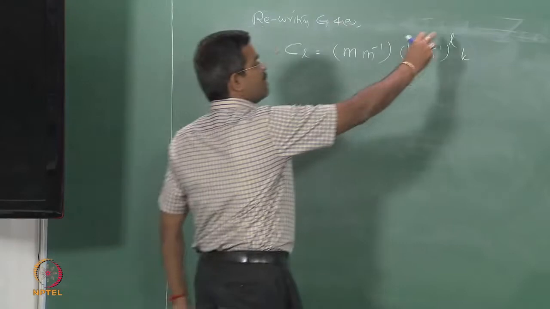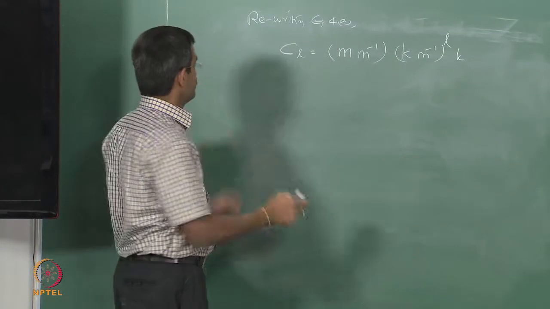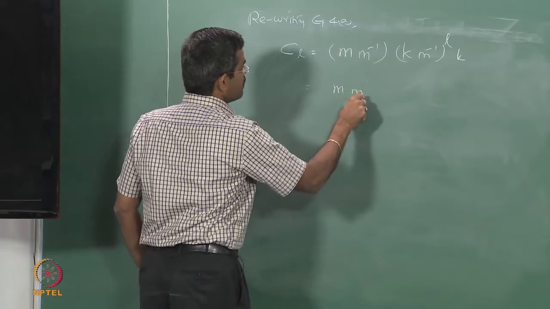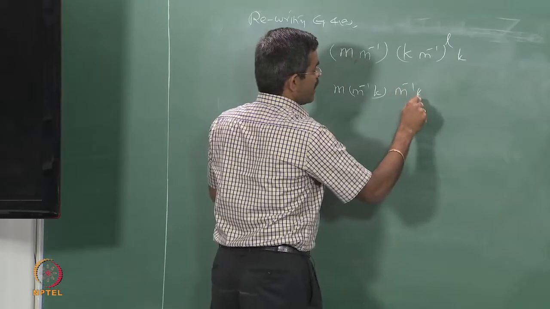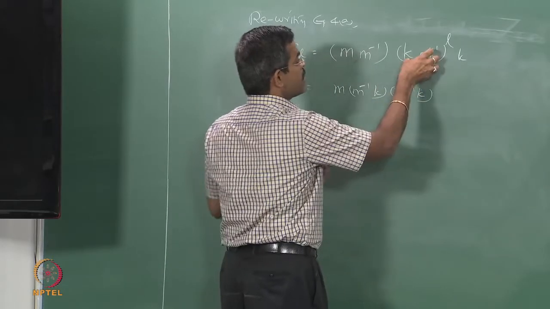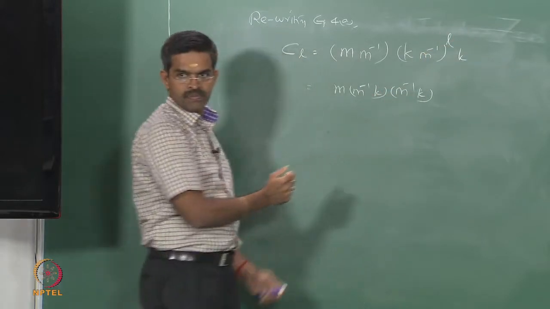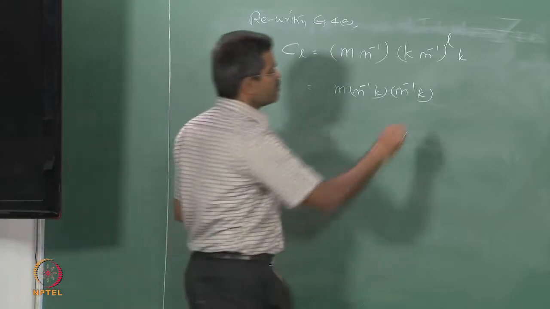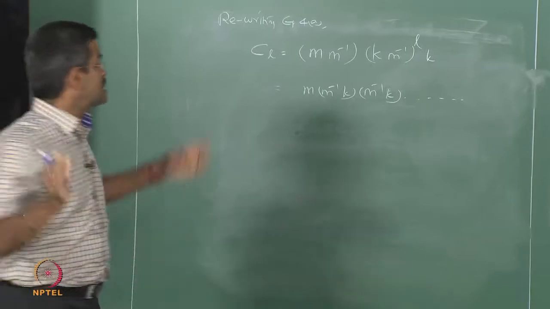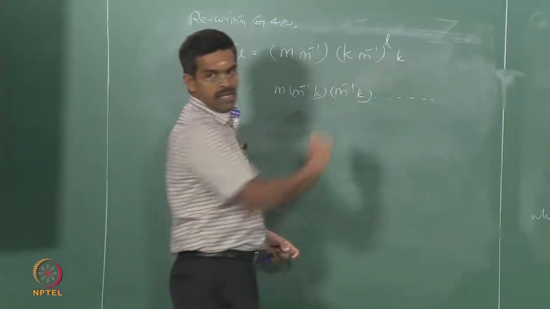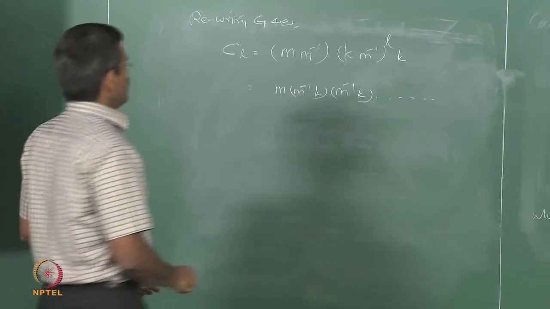So, I expand this L for different values from 0 to infinity. I expand this, which is equal to m inverse k, then again m inverse k, because when you keep on writing this n number of times, I get k m inverse again and again, keep on clubbing them, and so on. The last term will again be m inverse k. So, you get the same term back again,